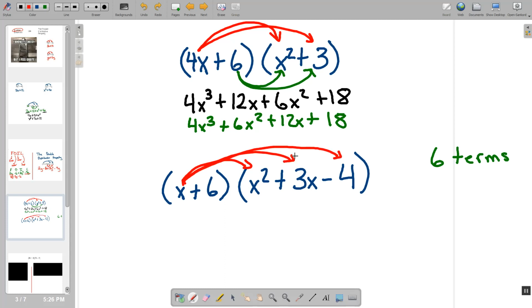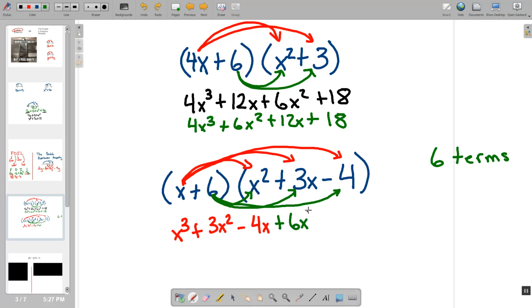I distribute the x to every term in the outside parenthesis to get x cubed, here to here, plus 3x squared, here to here, minus 4x, here to here. Then I can do the positive 6 distributed to every term in the opposite parenthesis. So that'll give me 6x squared plus 18x minus 24. So foiling no longer works because foiling only works on a binomial times a binomial, but the double